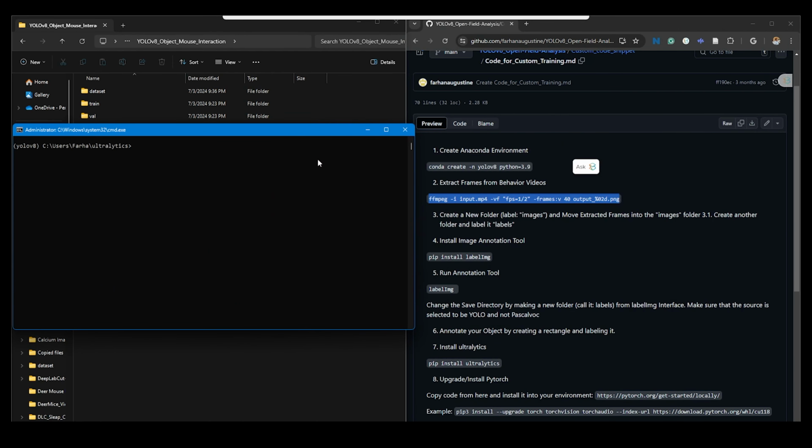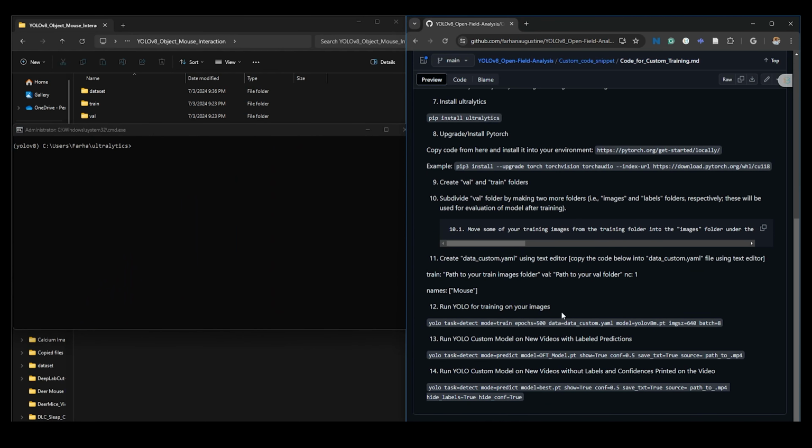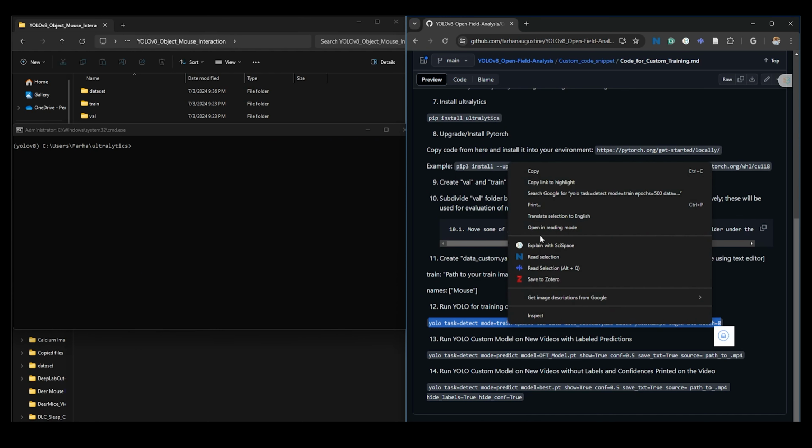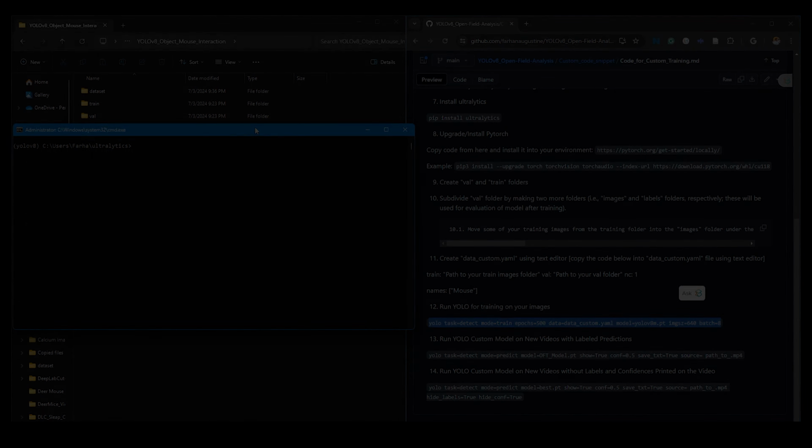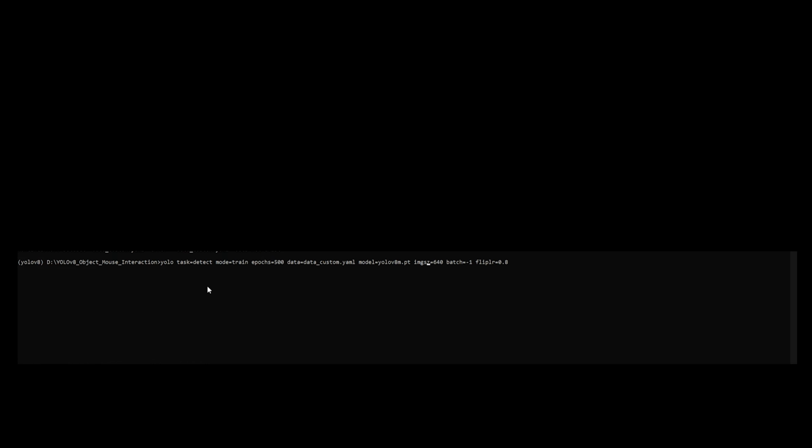So the command for starting the training is also on my GitHub page here. You can copy this and paste it. You will have to change the name for the dataset file, and I'll show you. Here I've cropped out a section of my screen where I'm emphasizing the changes that I'm making.